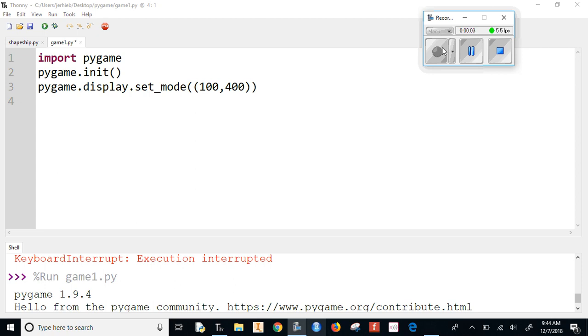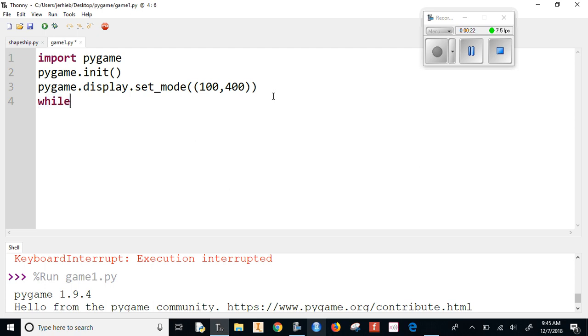In our last video, we learned how to make a pygame display just by these three steps. And now we have a problem because it doesn't really do anything. It doesn't even close out. So here I'm going to teach you how to have it close out and teach you a little bit about